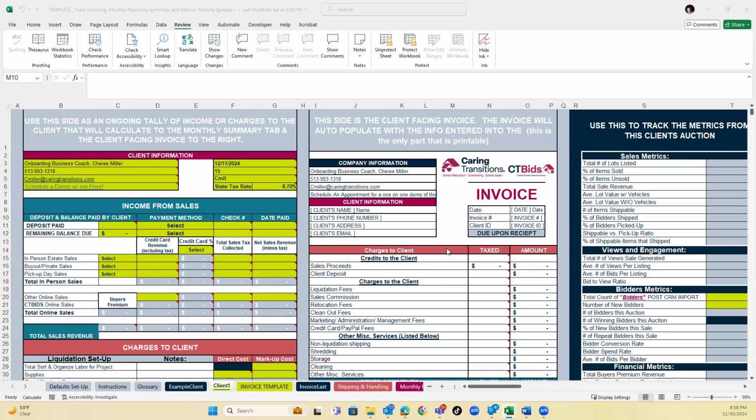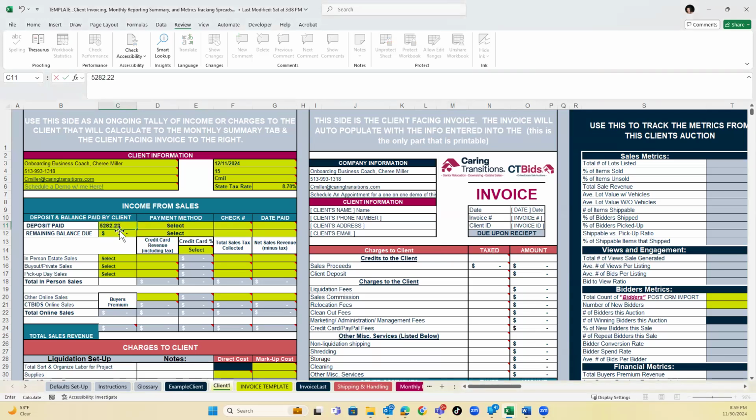And so this is going to be a big, massive invoice that we're generating right now. It is going to have 4 sales reports wrapped up into 1 client invoice. Okay. And so let's get started inputting this information. Let's start here with the deposit that was paid. This owner took a